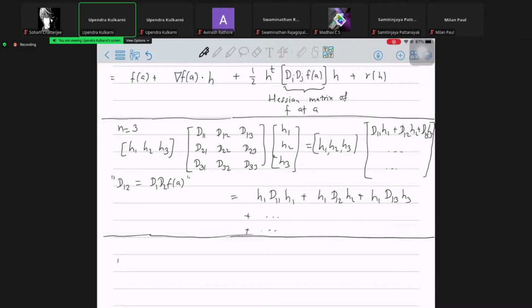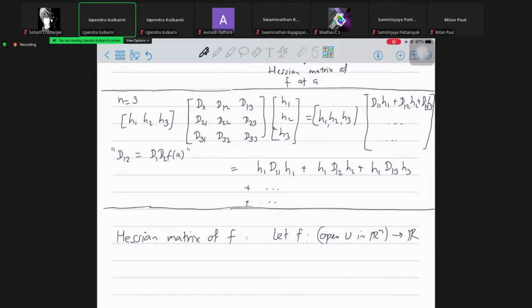So let's introduce this. The Hessian matrix of F. In order to define this matrix, I really just need to have double partial derivatives. So let F be again a function from an open set U in Rn to R. I need to be able to calculate these double partial derivatives, such that